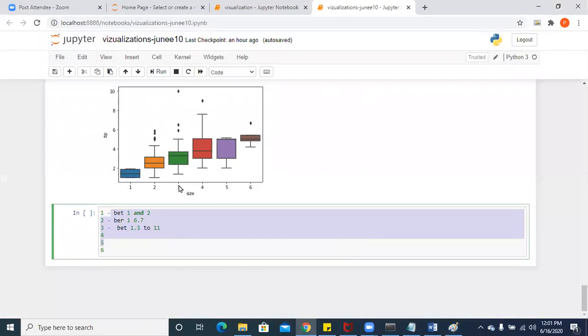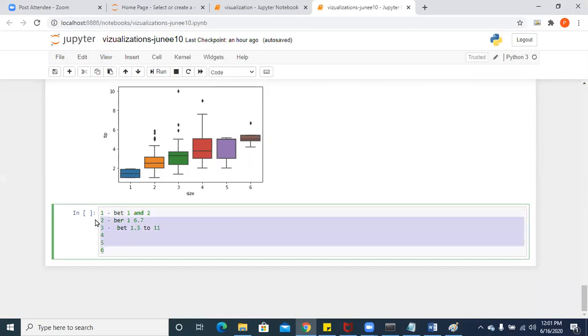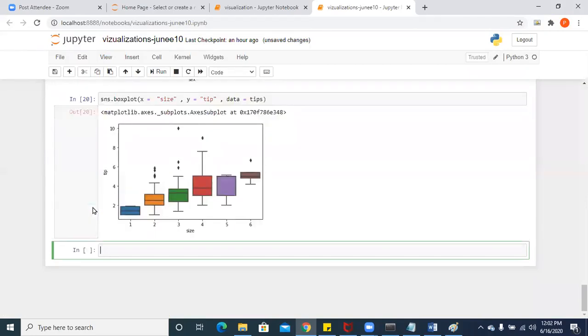So for size 3, the minimum is 2, the maximum is 4. The high variation value is considered as an outlier. All these values are considered as outliers. Now can you see, if you see this data set